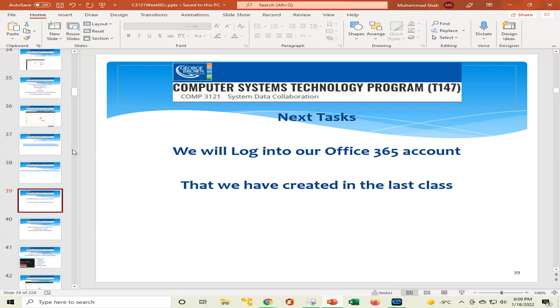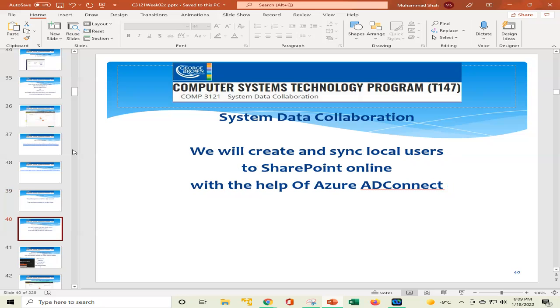Introduction to SharePoint. Next I will log into our Office 365 account that we have just created. Today we will create and synchronize local users to SharePoint Online with the help of Azure AD Connect. This is a file that we will get from the Microsoft website. And this is a very common scenario that many times, when companies are